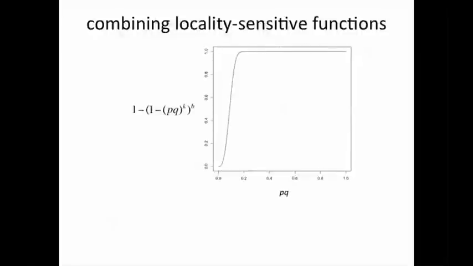The power of locality-sensitive hashing is closely related to the behavior of this particular function, 1 minus something to the power k, which is then raised to the power b, and then again subtracted from 1. This particular function, as you can see, is a very steep one,